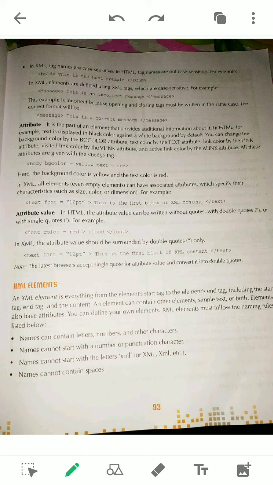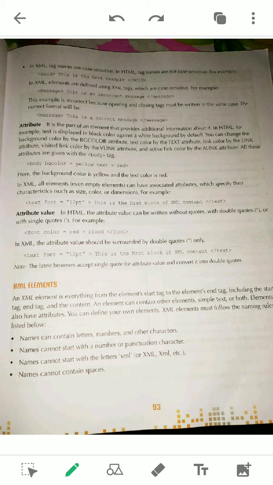The next difference is that in case of HTML some tags don't have their closing tag, only the opening tag. Pairing is optional. If you close or if you do not close, it doesn't matter. But in XML every opening tag must have its closing tag, so pairing is necessary. Then there is no empty tag, as we know. This is similar to point 2 and point 3.